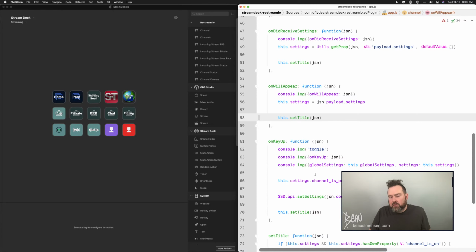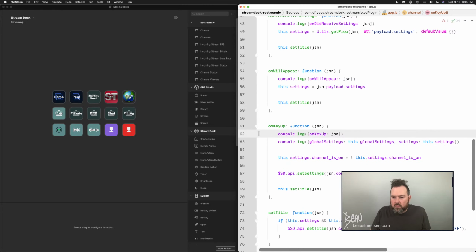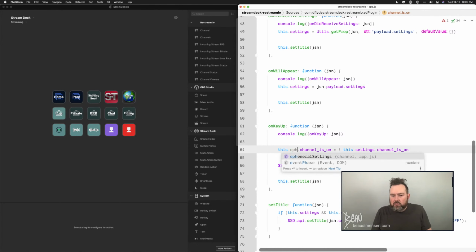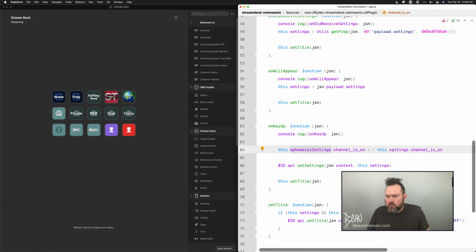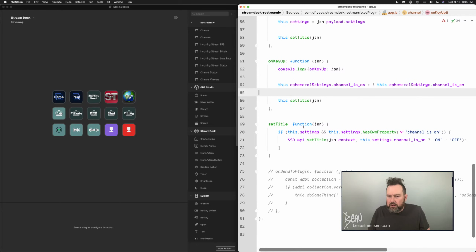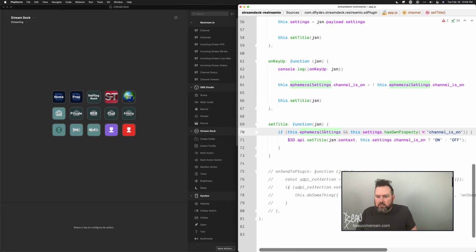We're just going to call set title toggle to change this to a, don't call set setting. The title ephemeral else